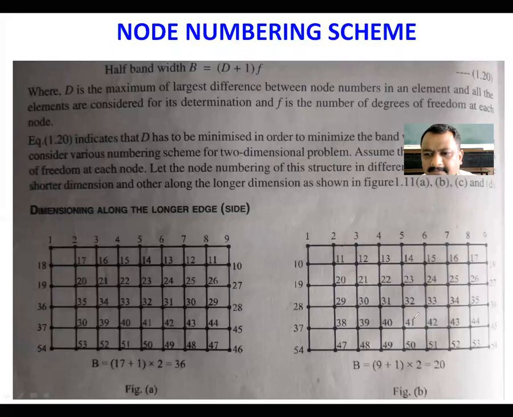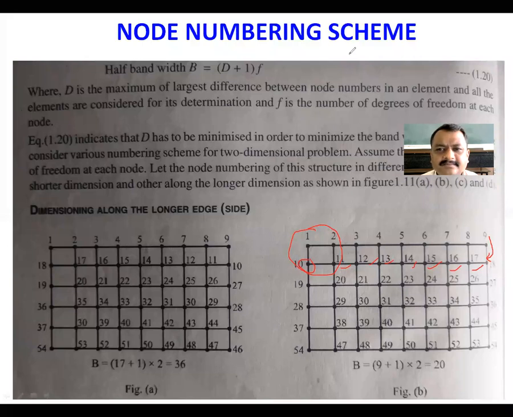Now refer to figure B, the second figure. I start numbering in the first element, from 1, 2, 3, 4, 5, 6, 7, 8 and 9. Instead of continuing the numbering below 9, I start from the beginning, where I started with 1. Now at the starting point it is 10, 11, 12, 13, 14, 15, 16 and 17. This process continues.